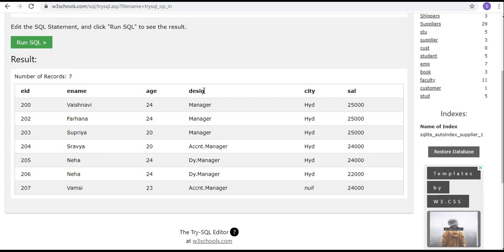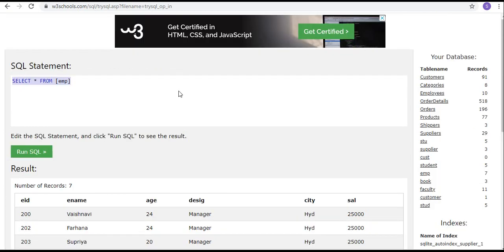Here I have same designations. Managers are 3, deputy managers are 2, and accounts managers are 2. Now I want to know the details department wise. How many employees are there as manager? How many employees are there as account manager? How many employees are there as deputy managers? So I want to know that details.